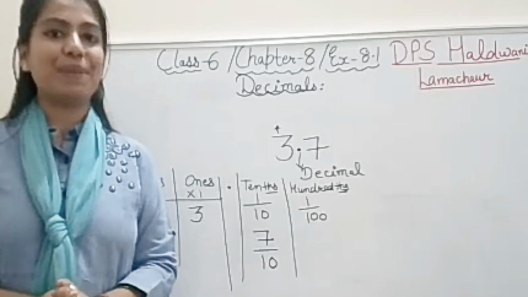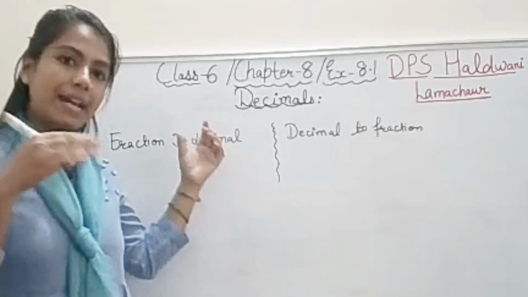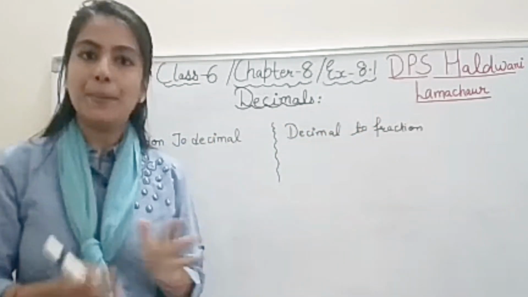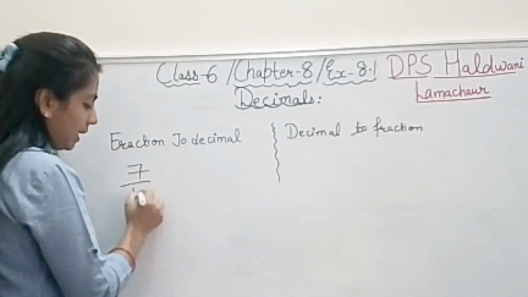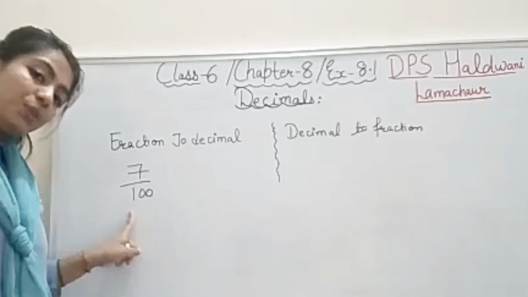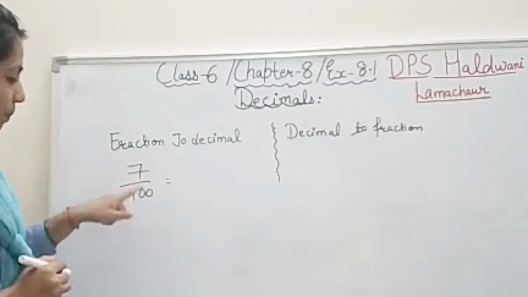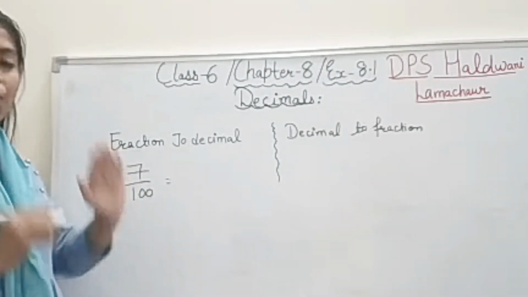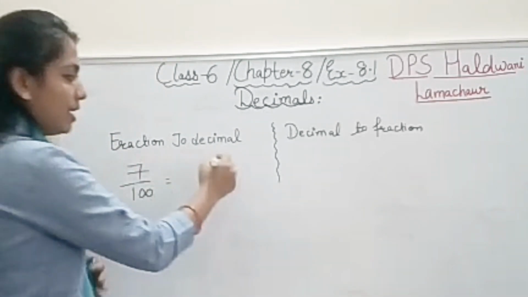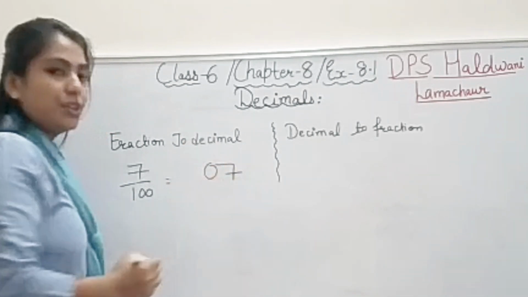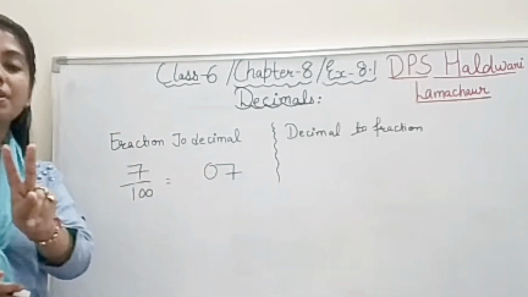Now coming to our third topic. The third concept is conversion. Convert fraction to decimal and vice versa, decimal to fraction. Means if you have a question in fraction like 7 upon 100, you have to convert it into a decimal. How will you convert? Understand it carefully, students. How many zeros do we have? 2. So always we will have 2 digits in the numerator. We have only 7. So make it 2. So put 0 by your side. Why? To make it a 2-digit number, because below we have 2 zeros, right?